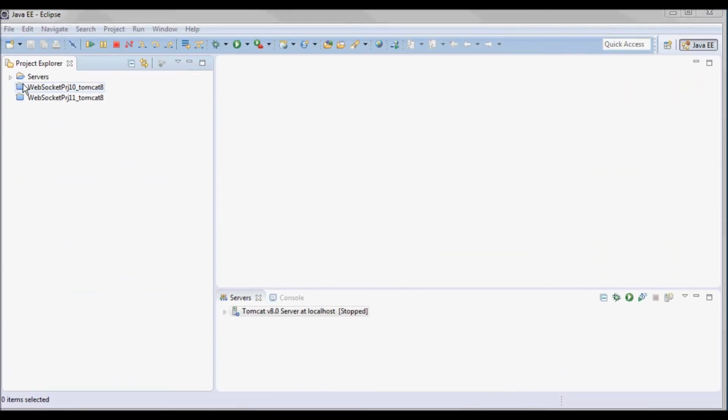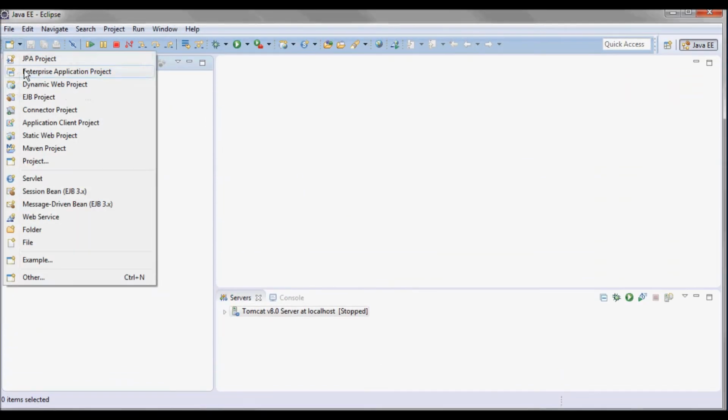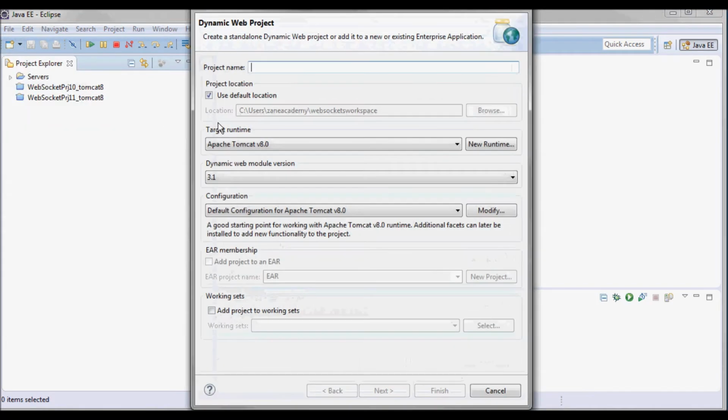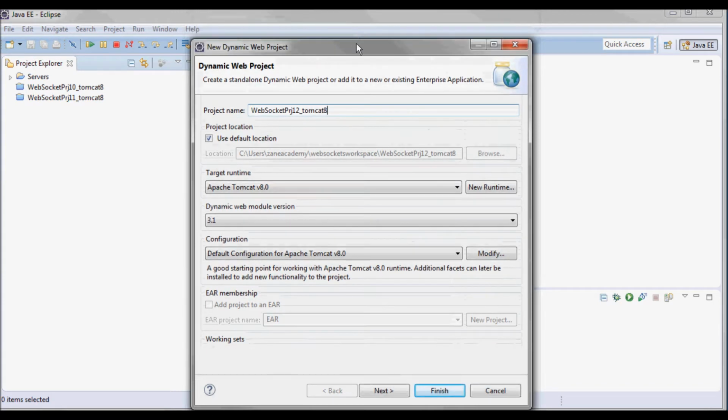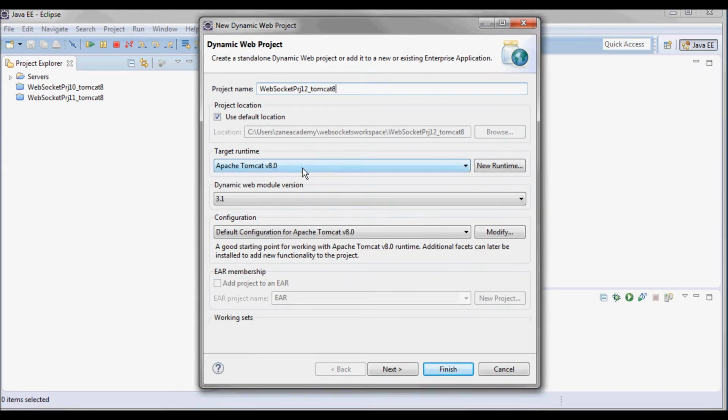I will start by creating a new web project. And this will be running on Tomcat 8.